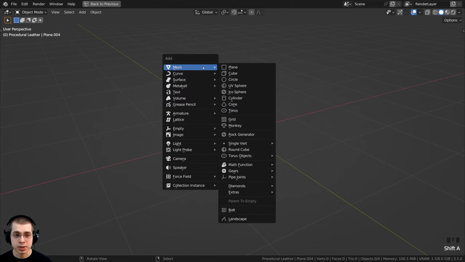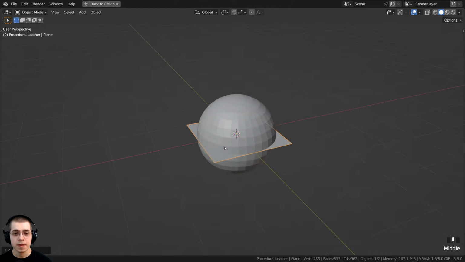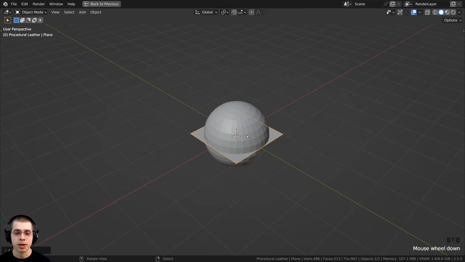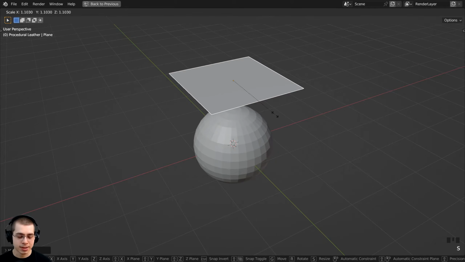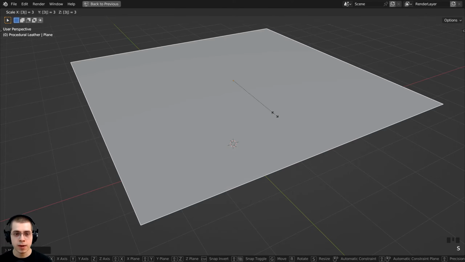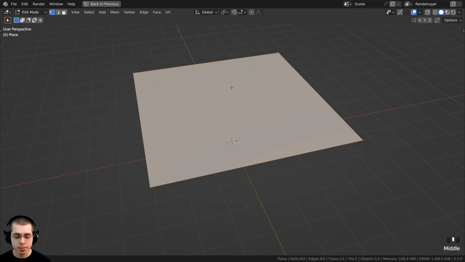So what I did is press Shift A, I went here to Mesh, and I added an icosphere. Then I pressed Shift A, went to Mesh, and added a plane, and this plane is going to be the cloth object. So I'm going to move the plane up on the Z-axis. Then I'm going to hit S to scale, type in 3 and then enter so that the plane is bigger. Then I'm going to go into edit mode with the Tab key,